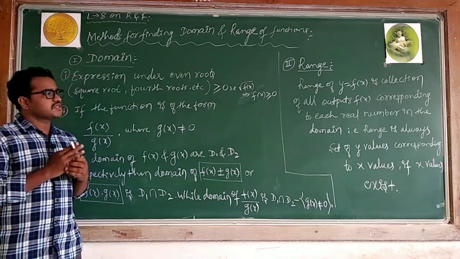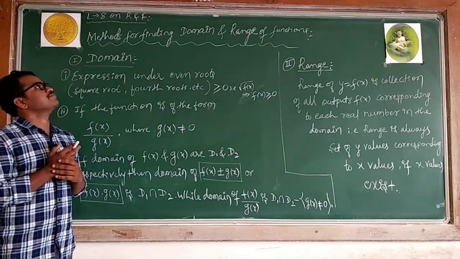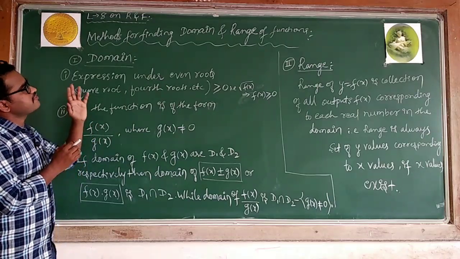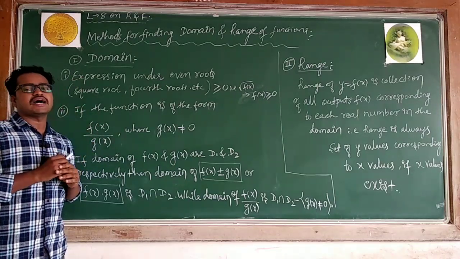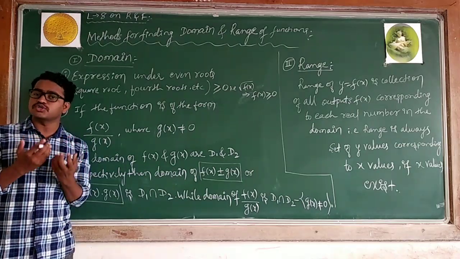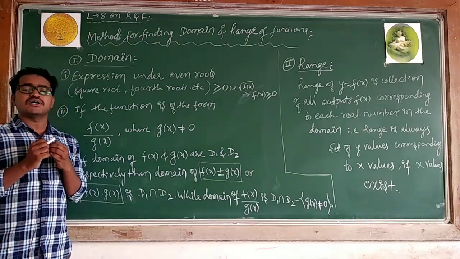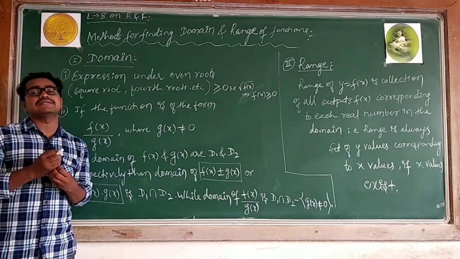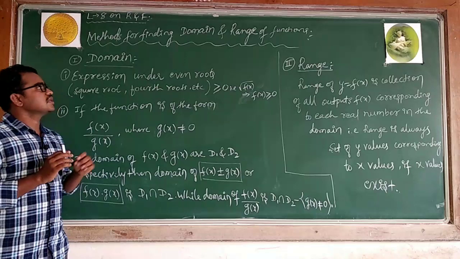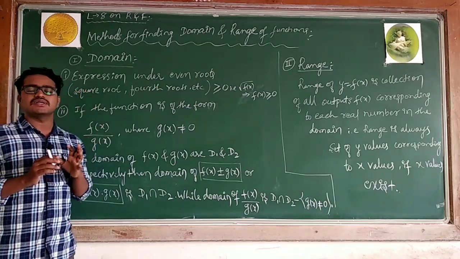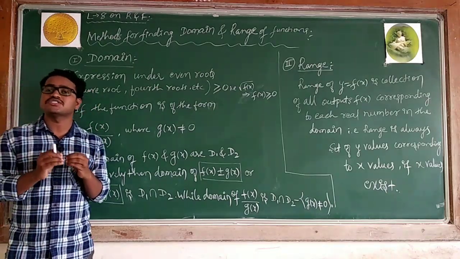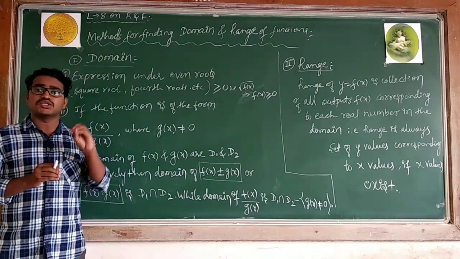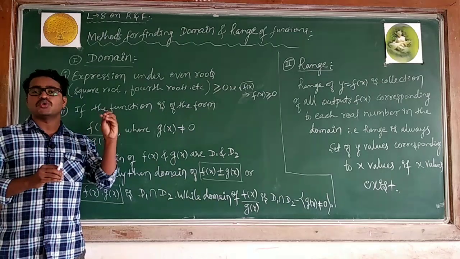Here, what are we finding today? After completing graphs, we are taking the method for finding domain and range. In this class, we will understand how to find the domain and how to find the range. When we are finding the domain, you have to understand how we are getting values of x. Domain is nothing but the possible values of x. We will say that when the function exists, only then will we get its domain and range.